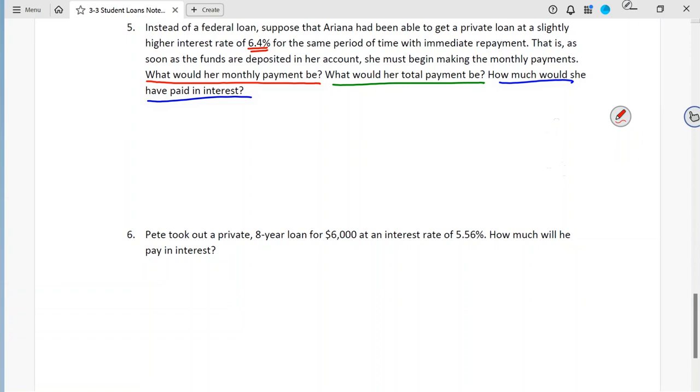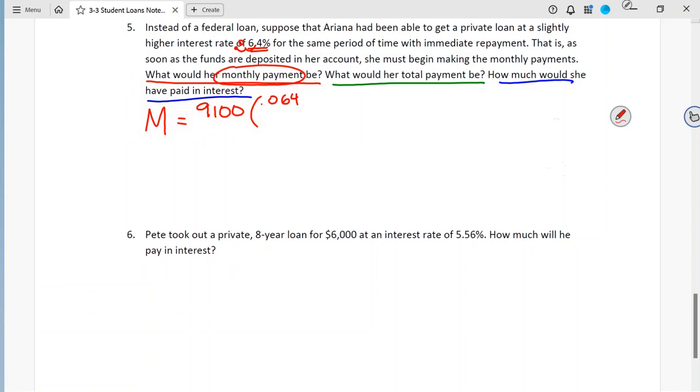Her monthly payment, that's a code word that we're using the monthly payment formula. M is equal to how much she borrowed, and it's the same $9,100. It's still the R, but this rate is different. If I go boop, boop, it's 0.064,